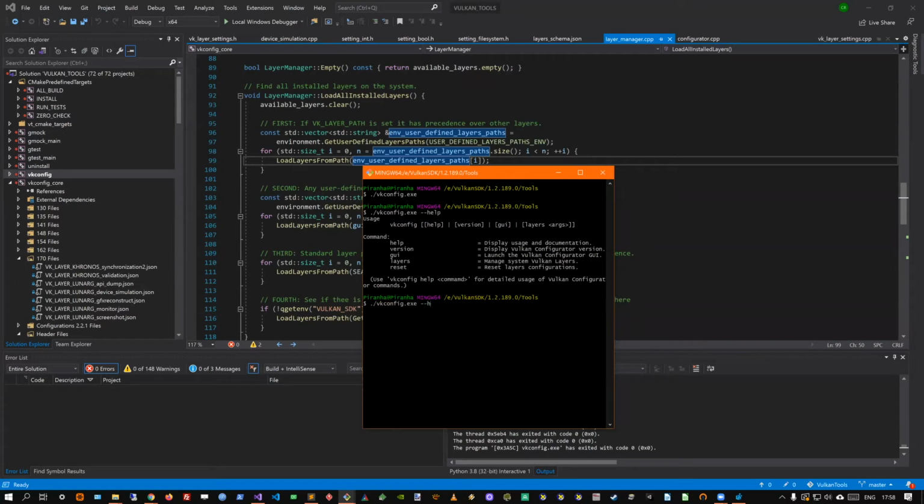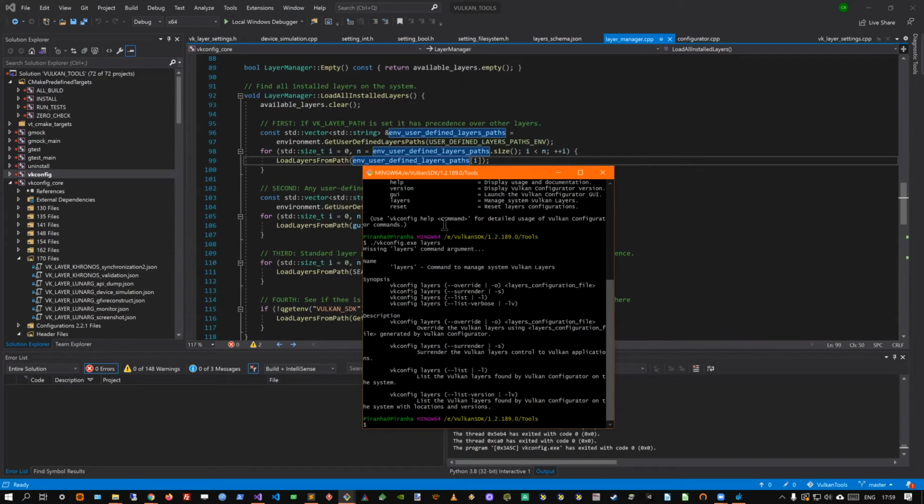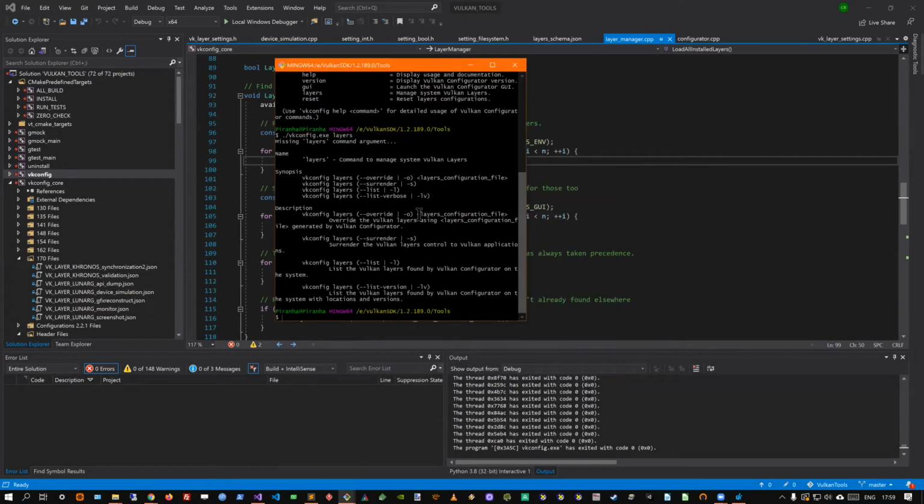Let's use the one that is the most important for us, which is layers. Here it will give us more possible options. As we can see, there is an argument which is override, where we can pass a layer configuration file.